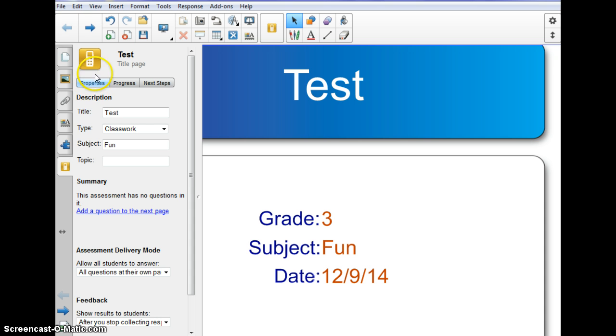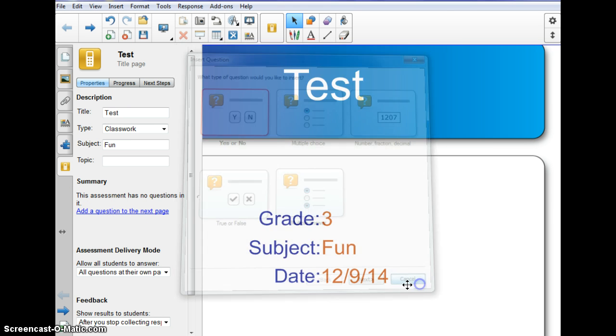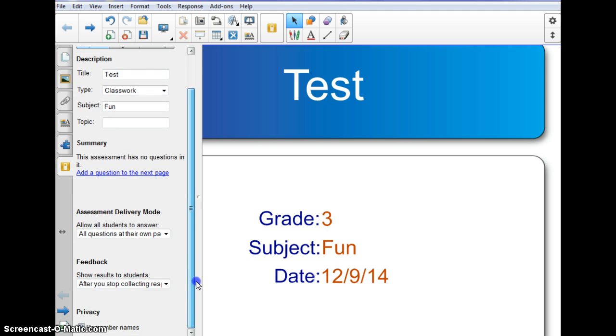So in my properties here, this is all about my title page, and it says this assessment has no questions in it, so add a question to the next page. Before I do this, I want to just show you some of the delivery options that you have when you actually give your assessment. It says allow all students to answer all questions at their own pace, or the currently displayed question only. So we're going to start with the currently displayed question only,